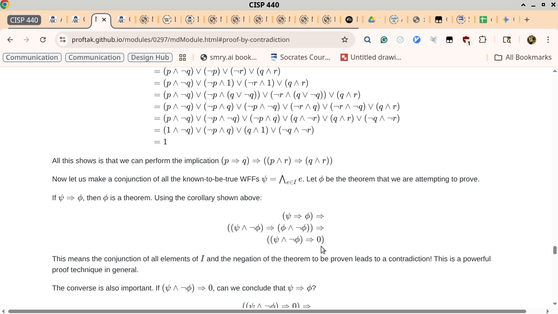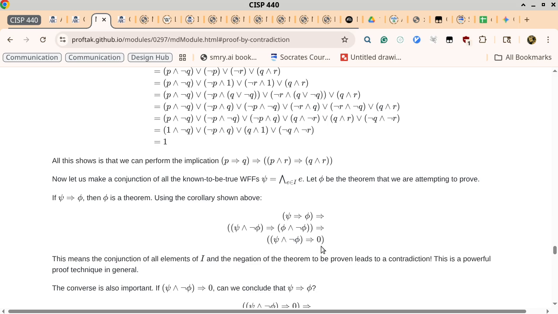All pigeonholes have no more than one pigeon, okay? So you say all pigeonholes have at the most one. Okay, I'm going to say up to one pigeon. That is the negation of phi. Does that make sense? Okay, so now what you need to do is to say, if I'm not changing psi,